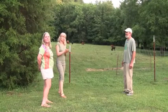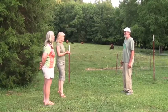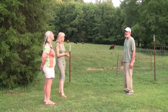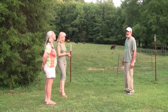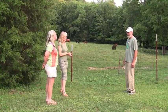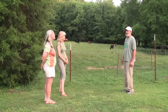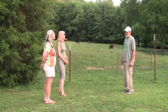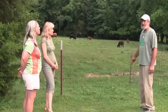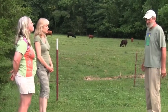So Doug and Claudia also raise their own grass-fed beef. Talk about that a little bit. How many head of cattle do you have? Right now we have 10 head. It varies between maybe 8 and 14. We've only got 9 acres of pasture, so we can't have too many more than that. But this is something we got into when we bought the land. It was already fenced, and we were looking for a way to make a little bit of money and feed ourselves. They turn indigestible grass and weeds into a high-quality protein that we consume,